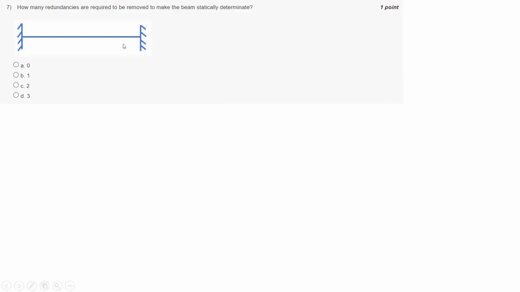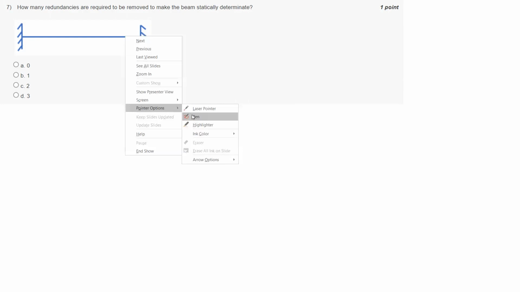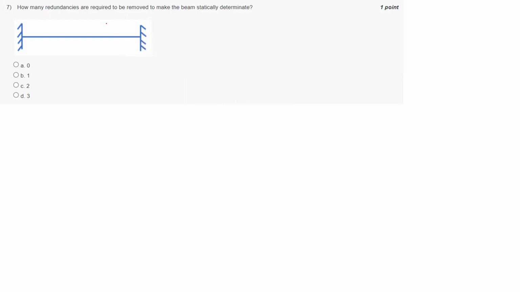So how many redundancies are required to be removed to make the beam statically determinate? Now as they mention beam, and in a beam our loads are perpendicular to the axial. So we are neglecting horizontal forces, and therefore we are considering only two reactions. One is vertical, and the second is moment. We are not considering any horizontal, and therefore we have this as 2, because beam means we have load perpendicular